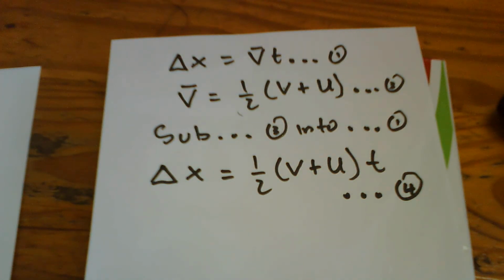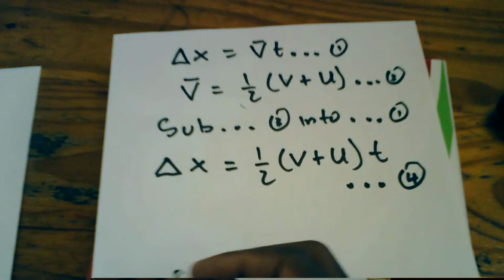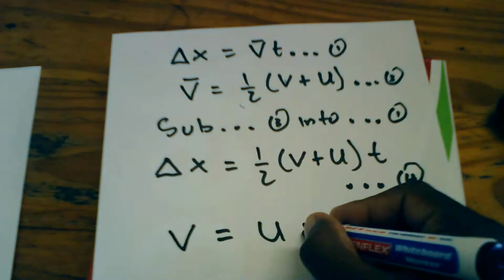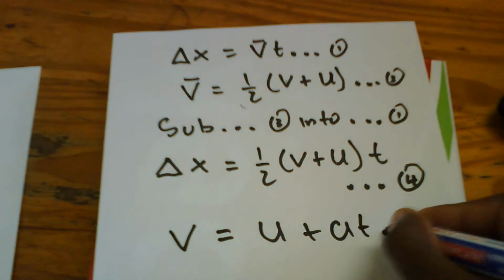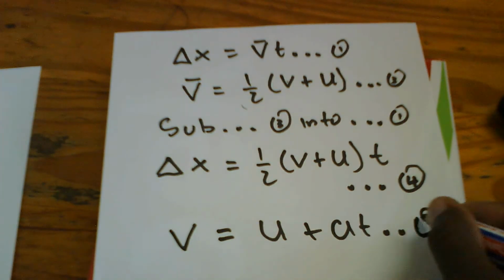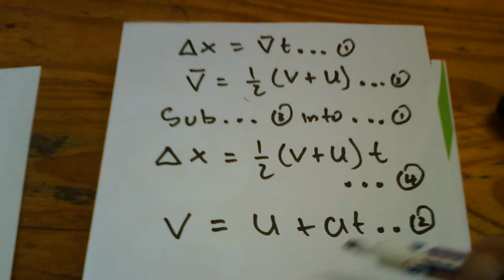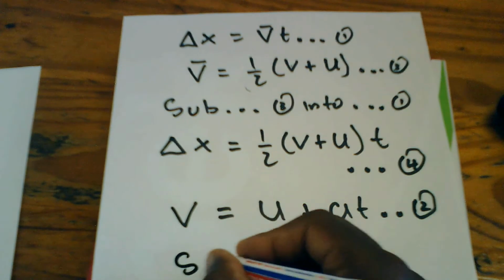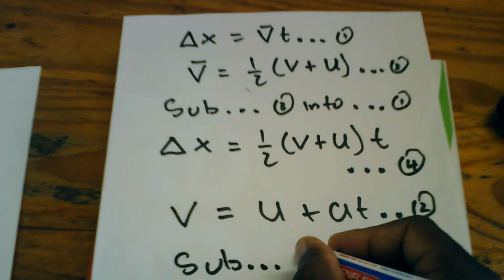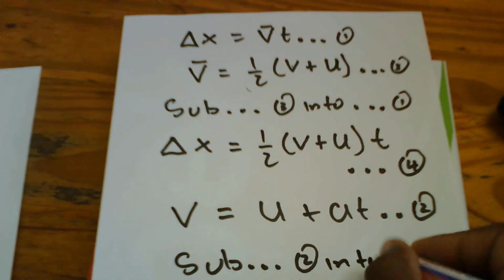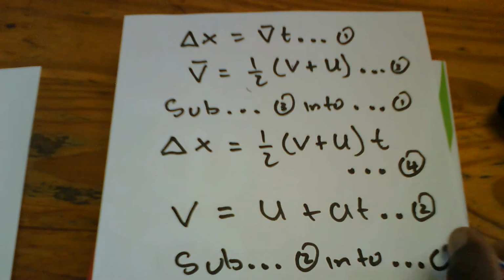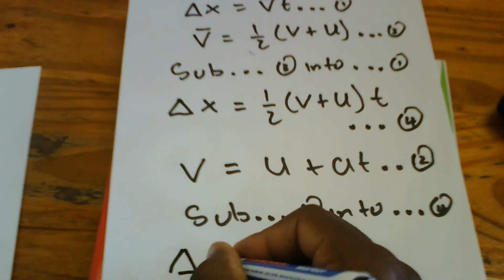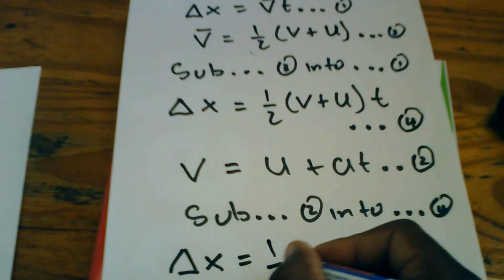So what else do we know? From equation 2, we know that the final velocity is equal to the initial velocity plus at. This was our equation 2. So if we take equation 2 and substitute it into equation 4, let's see what happens. Substitute equation 2 into equation 4. So the change in displacement, this is from equation 4, is equal to 1 over 2